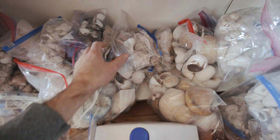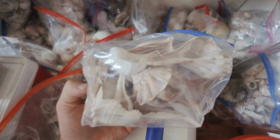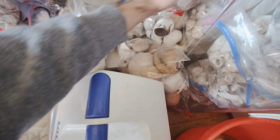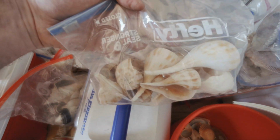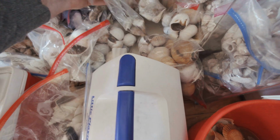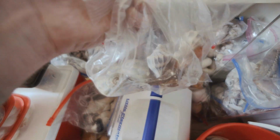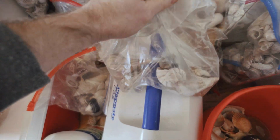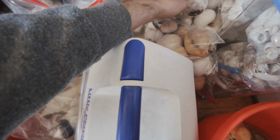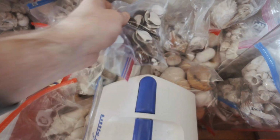Sorry if this is a little hard to follow. Again, I don't have this organized really well. I have some lightning whelks here, smaller ones, an albino in there. I got some pear whelks, a bunch of pear whelks. These are knobbed whelks, so somewhat similar to lightning whelks. Let's see, some Astartes there,